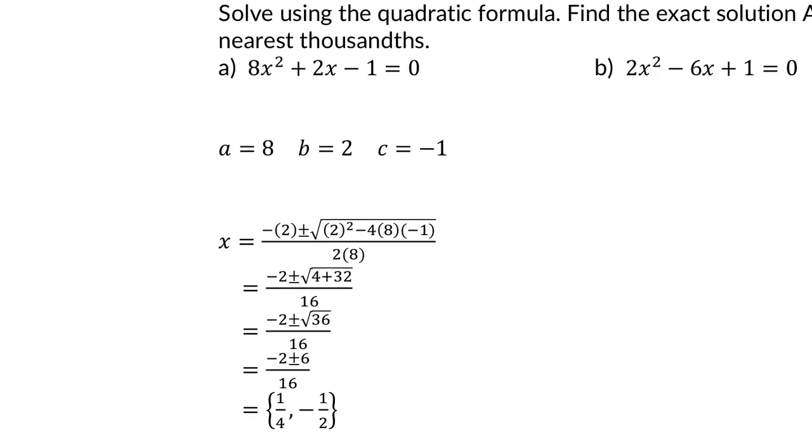So following the quadratic formula, I don't have to do any sort of prep work. I don't have to divide by 8 like I did for completing the square. I don't have to rearrange this formula. As long as it says equals 0, I'm good to go. We get the a term here in front of the x squared. It's in standard form. We get the b term in front of the regular x, and we get the c term, the constant, which is the number just by itself, and we take those numbers and we plug